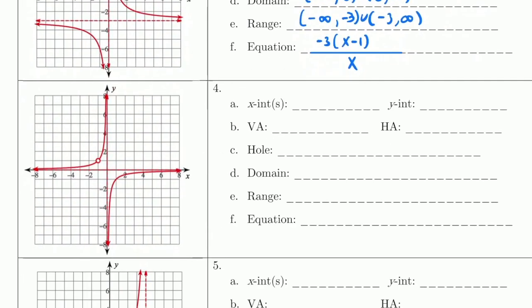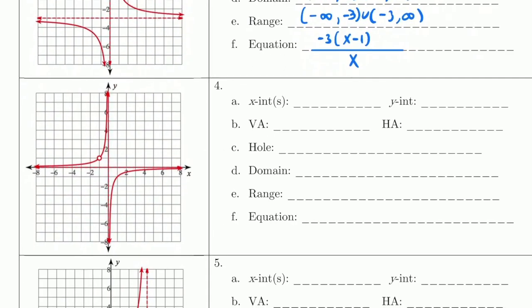Moving on to number 4, I do not have an x-intercept this time, so none for that. I also do not have a y-intercept, so none for that as well. My vertical asymptote, that means, is at x equals 0, and my horizontal asymptote is also going to be at 0, but this time y is equal to 0. Now I have a hole at negative 1, 1,